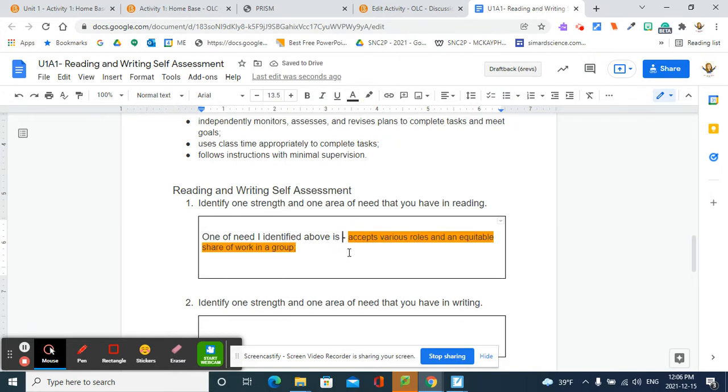And you'd want to put that into a full sentence. So one area of need identified above is accepts various roles and an equitable share of work in the group. Okay. And then one strength